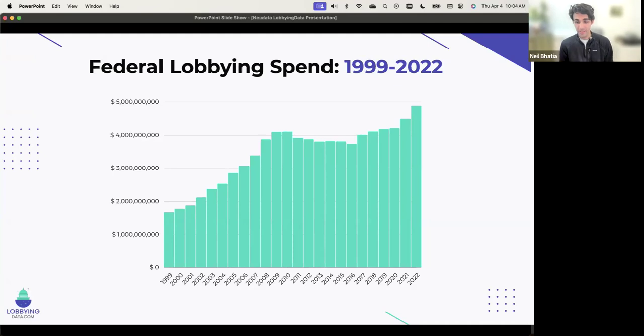So obviously, since the act was passed in 1995, this data goes back to 1999 in our case, and not 95, because those are all paper copies. So we'd have to do some sort of a specialized algorithm to get the data between 95 and 99. But in any case, the spending has grown quite significantly, going to 4.8 billion, with around 13,000 federally registered lobbyists working across all different industries. In 99, it was about 1.6 billion, and that's adjusted for modern day